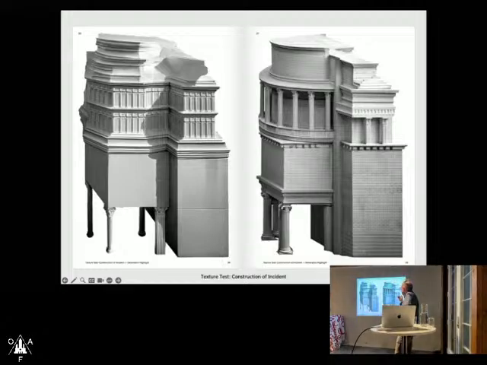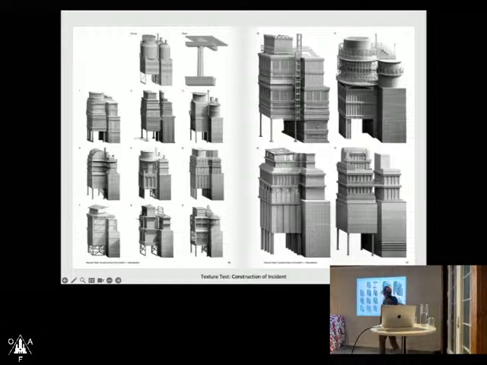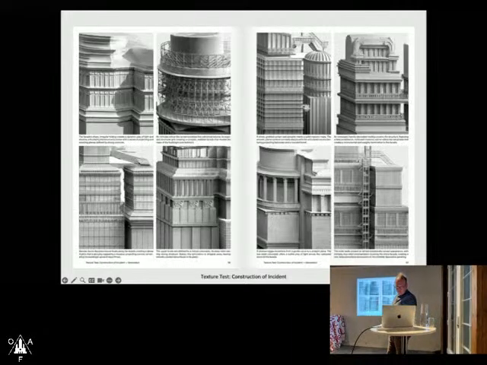So here you can see the AI using this classical model: the model of the industrial structure, the model of the classical detail, and then the designs that come out that are trying to reinterpret the industrial structure using this detail.